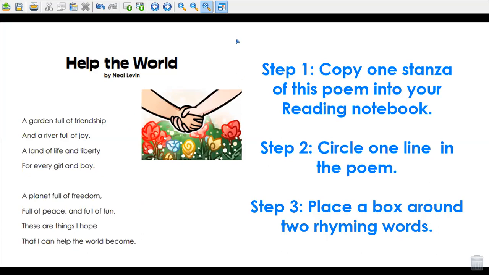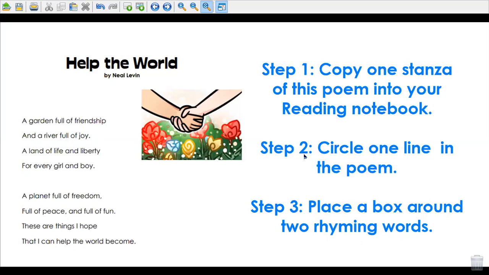So first thing we're going to do is in your notebook, it says step 1, copy one stanza of this poem into your reading notebook. Copy one stanza of this poem into your reading notebook. And go ahead and pause this video now so that you can copy that stanza. Be sure to copy it exactly how it's written. So if this is one line, then you need to skip down to the next line to write the rest. Now, once you've done step 1,